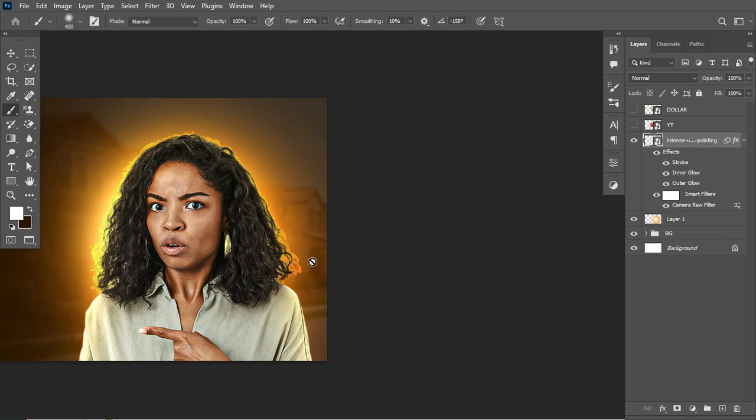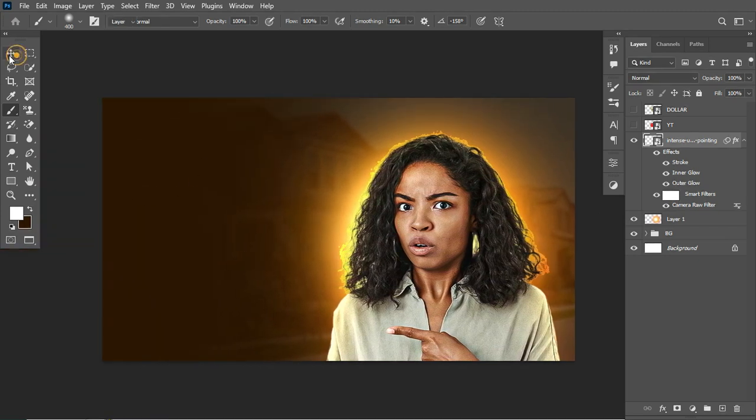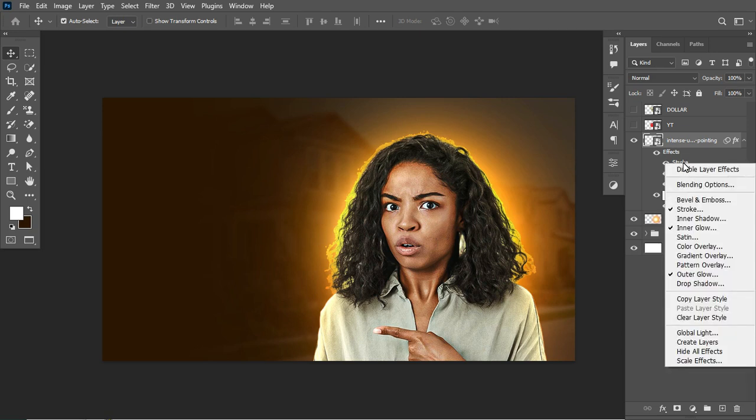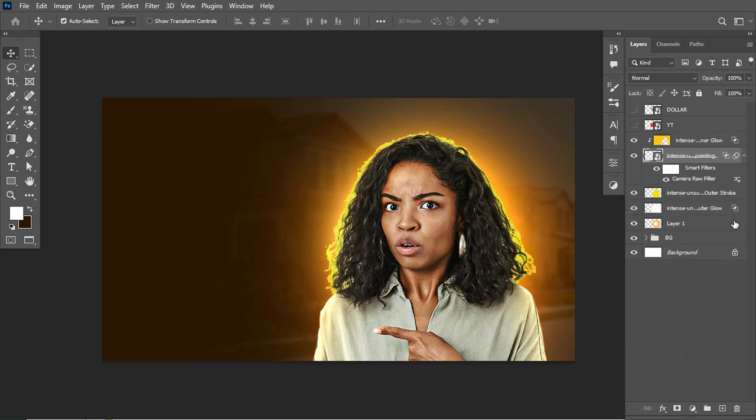So in order to control the impact of this on this image, all you have to do now is to come over here, pick the move tool, and I would like to adjust this a little bit like this. Okay, so after that, I'll right click on the effect here and click on create layers. So now the layers have been disconnected from this. So all I have to do here is to start with the stroke. So if I turn this off, the stroke goes off. So all I have to do is to select the stroke layer, add a mask,